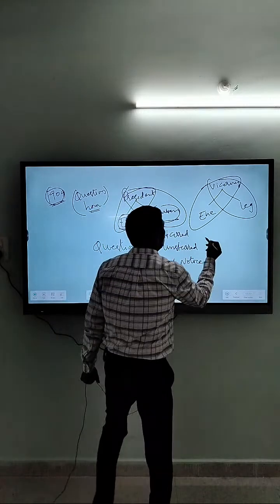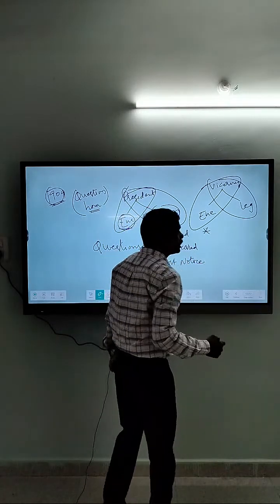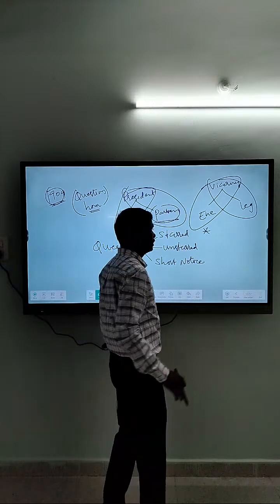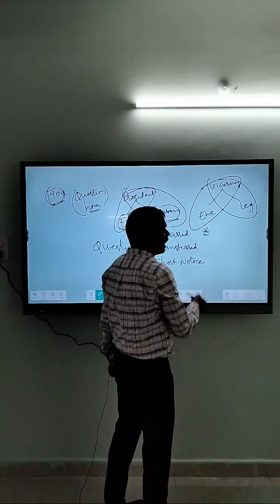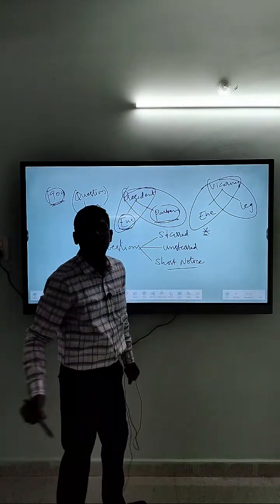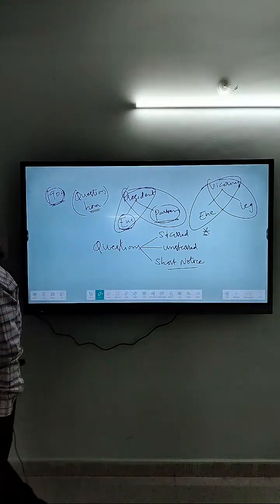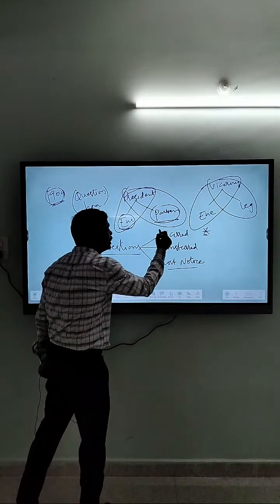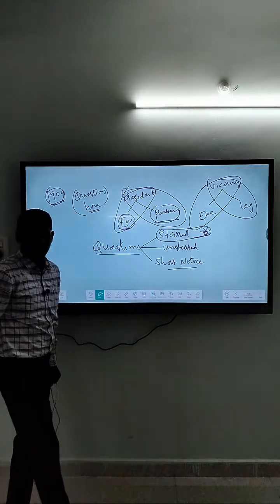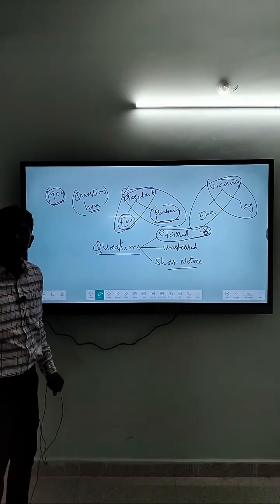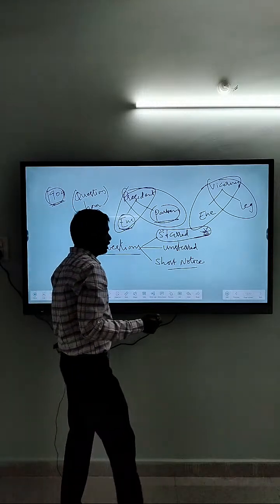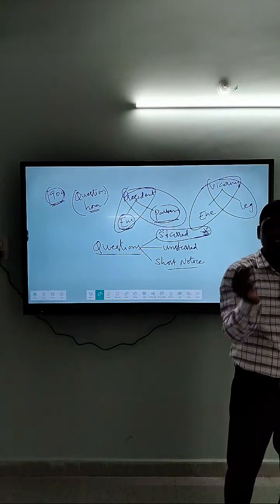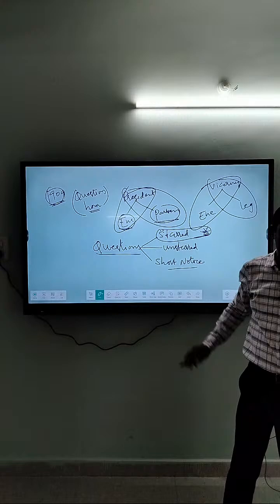Starred means those questions which are highlighted by an asterisk, that is a star. We normally have this habit of using star marks in our notes. Unstarred are those which are not highlighted, and then there are short notice questions. So this is about three types of questions. Out of these, starred questions are very important. They make the government stand on its toes. Starred questions make the government run. If there is any instrument for which the government operates, it is starred questions.